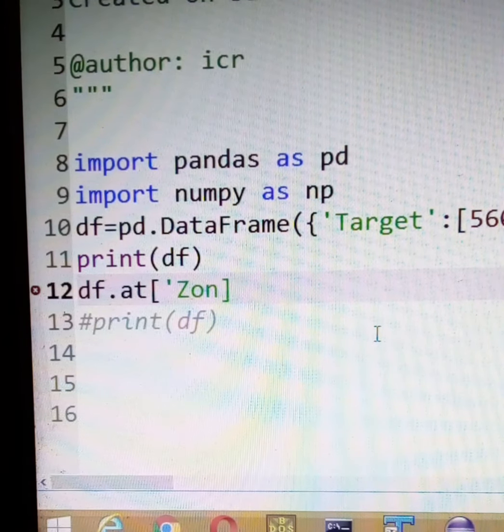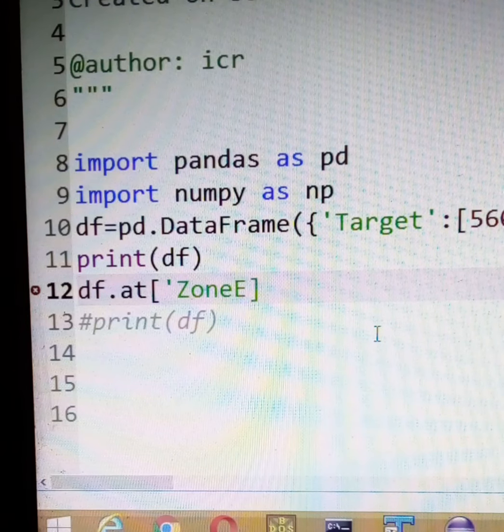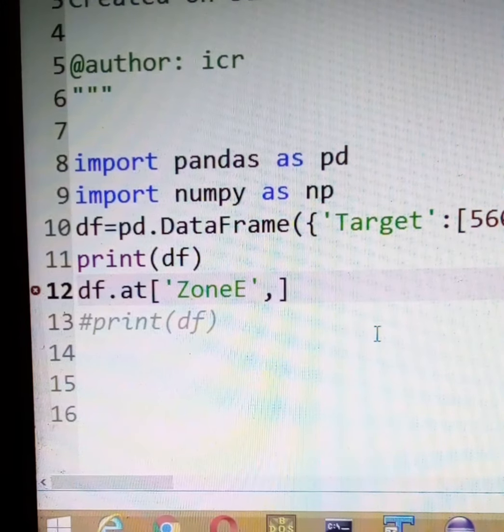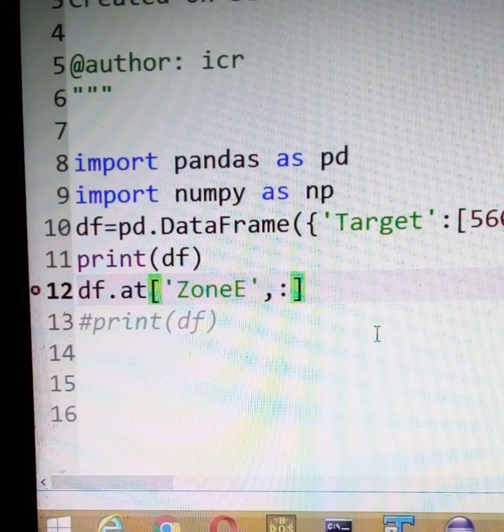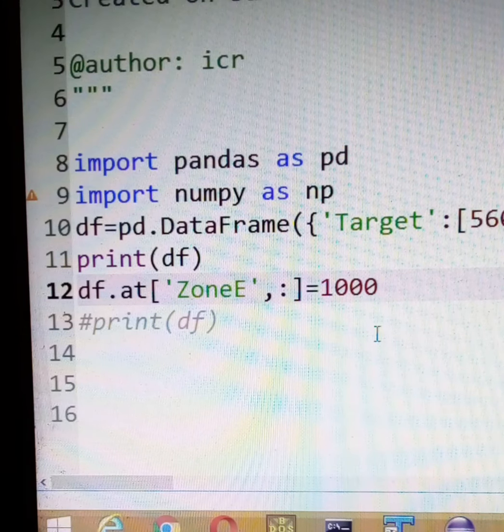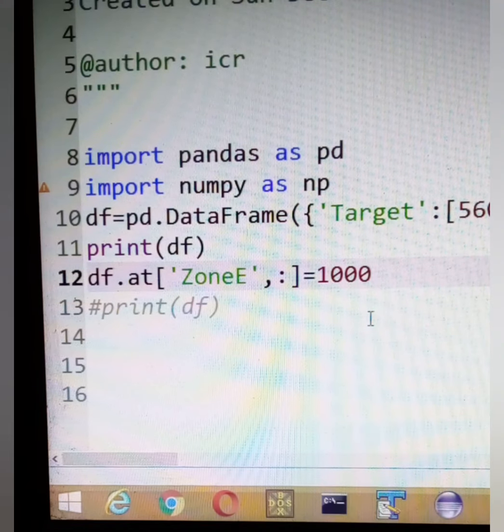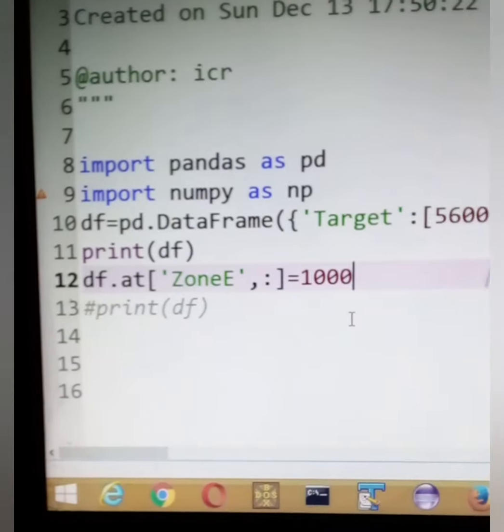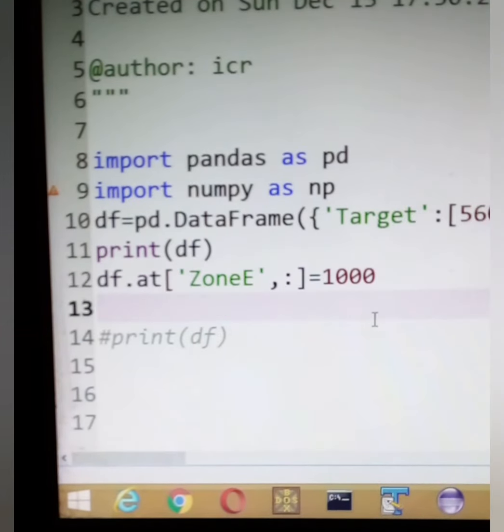Like if I write here zone E, and then a comma, and then a colon, and in this if I write a value like 1000, automatically this will be filled for all the three columns: target, sales, and density. But presently, since I am running it, so let's see how it runs. We are getting here, sorry, let me first print it also. We'll print df.